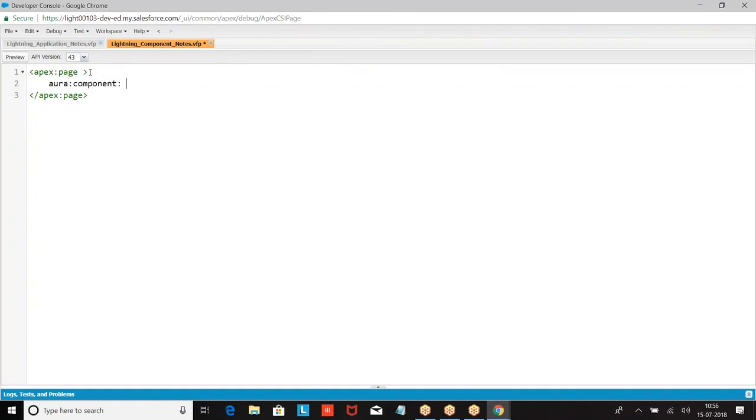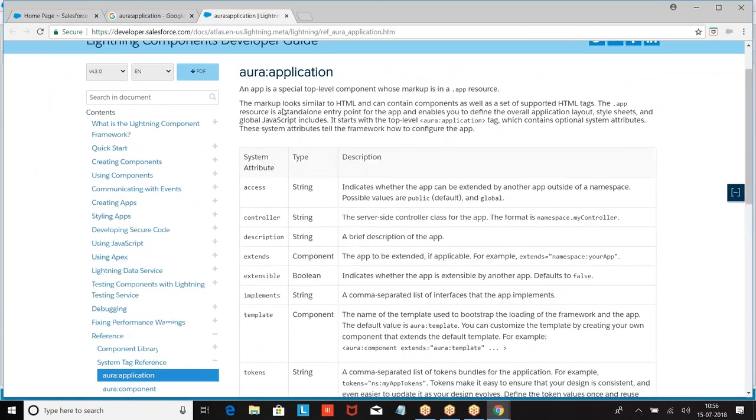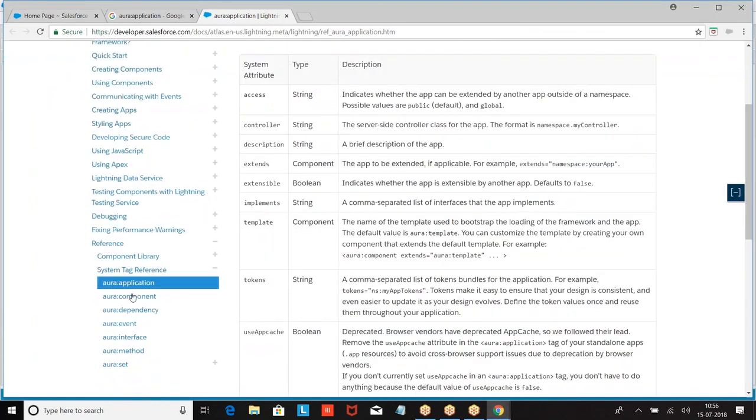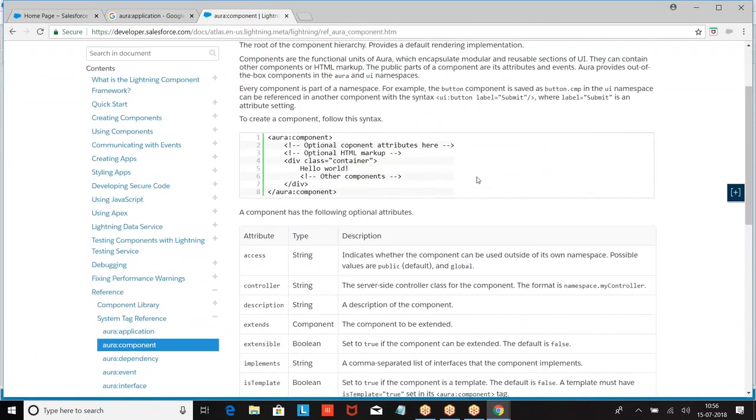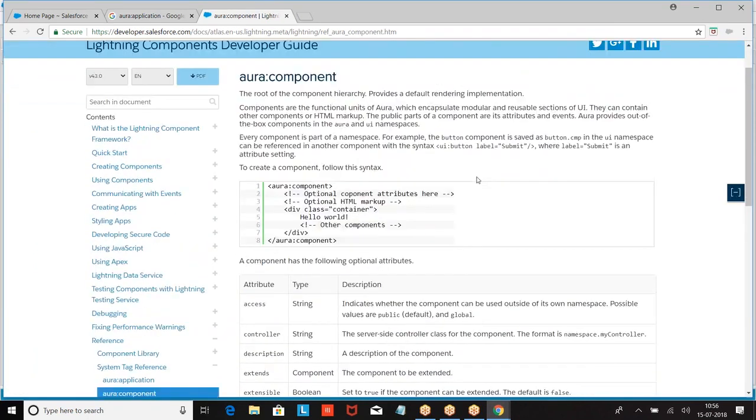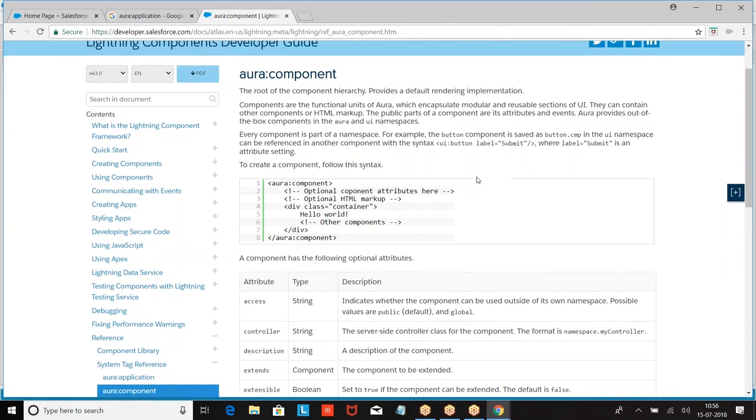URA component. So how are we going to create this URA component? What is the purpose of it? Let us go to the components, URA component. Now, what are the components? They are the functional units of the URA, and they are reusable entities in the Lightning applications.